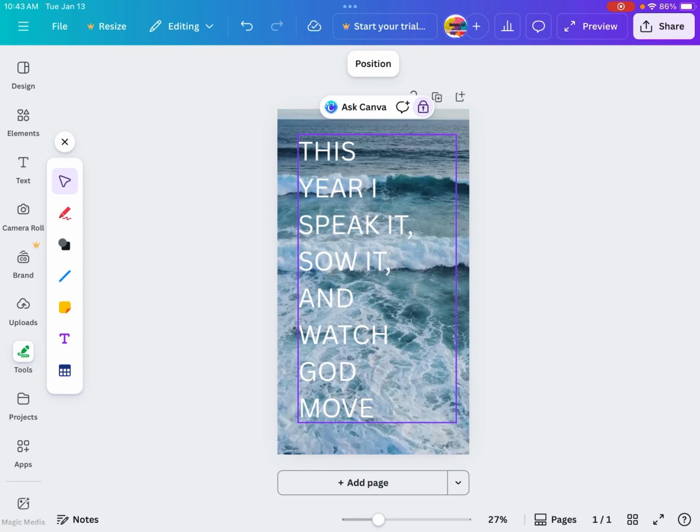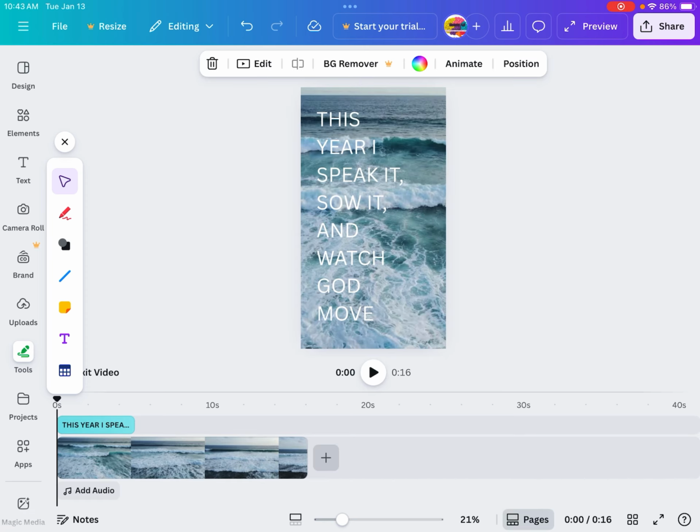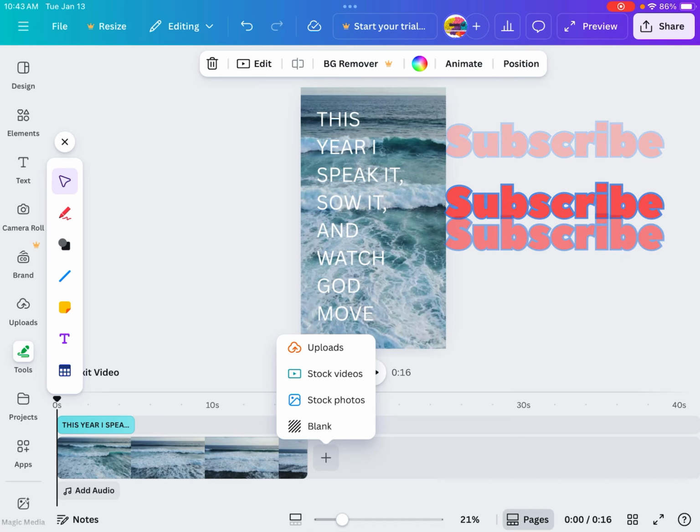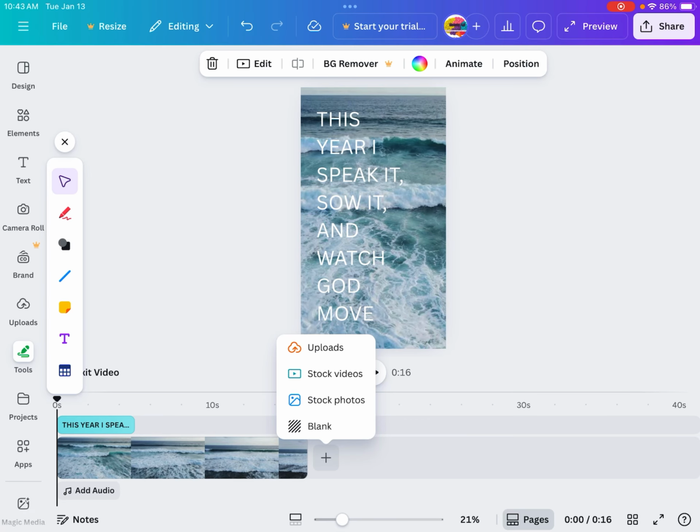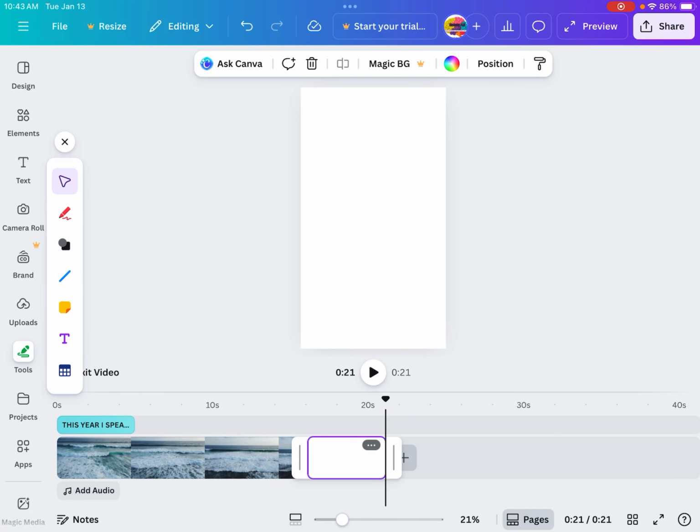and that's where it says add a page. So we're going to add a page. Next, it says you can click upload stock video, stock photos, or blank. So I want it to be a blank page. And I want to paste what I got from